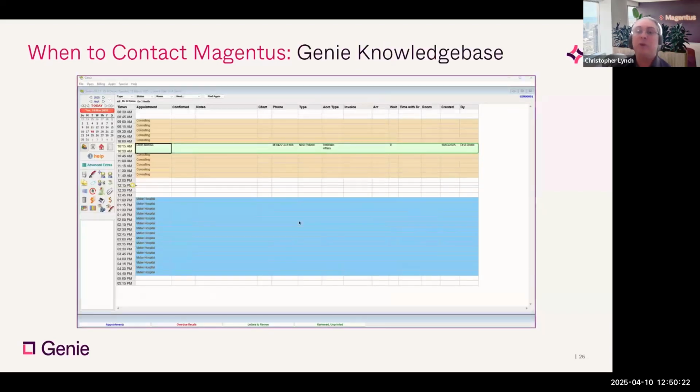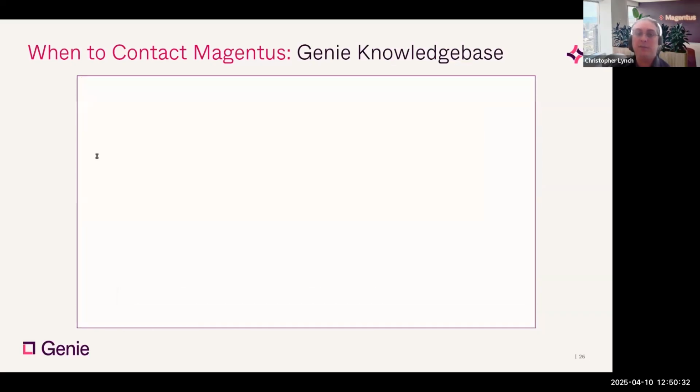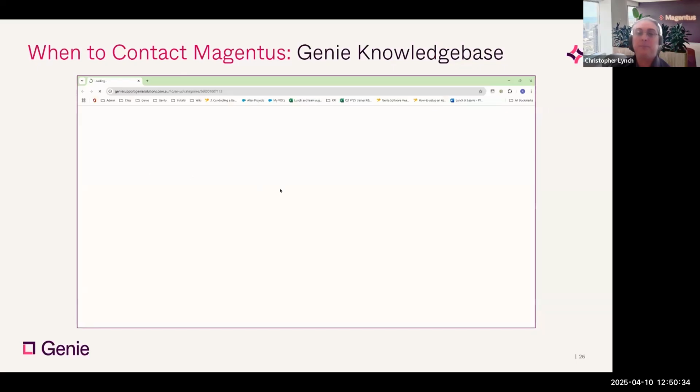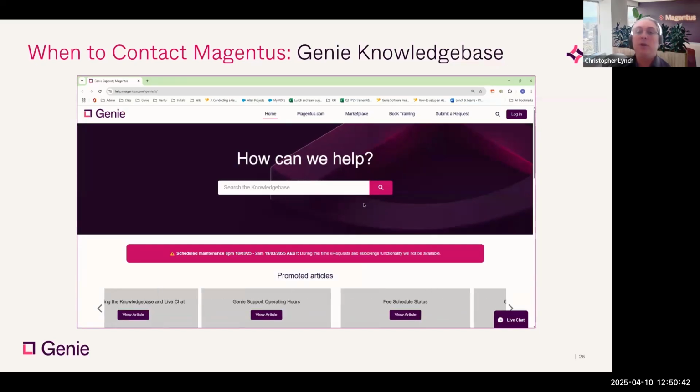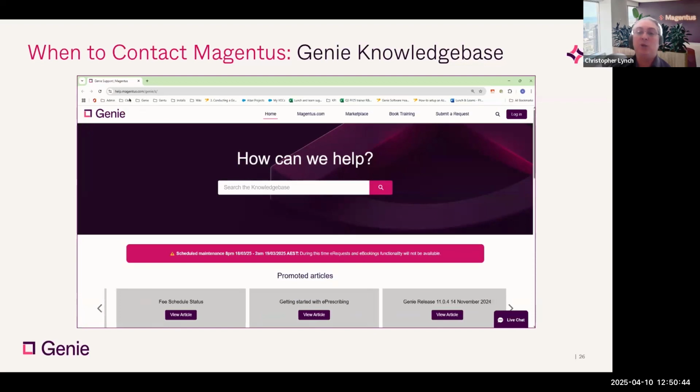Alternatively, if you prefer to browse the knowledge base directly, you can access the knowledge base from the appointment window by clicking on the big Help button found underneath the calendar on the left. If you do not have access to Genie, for example, if you wanted to access the knowledge base from home, you can simply Google Genie Knowledge Base or go to